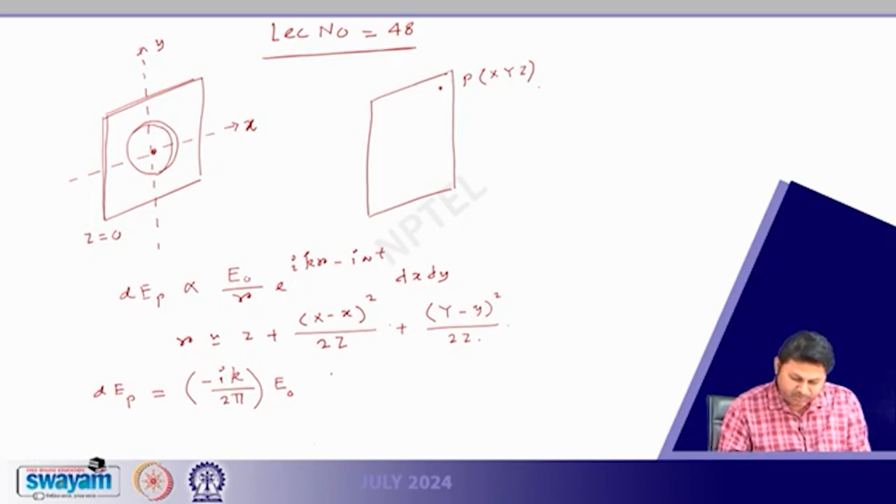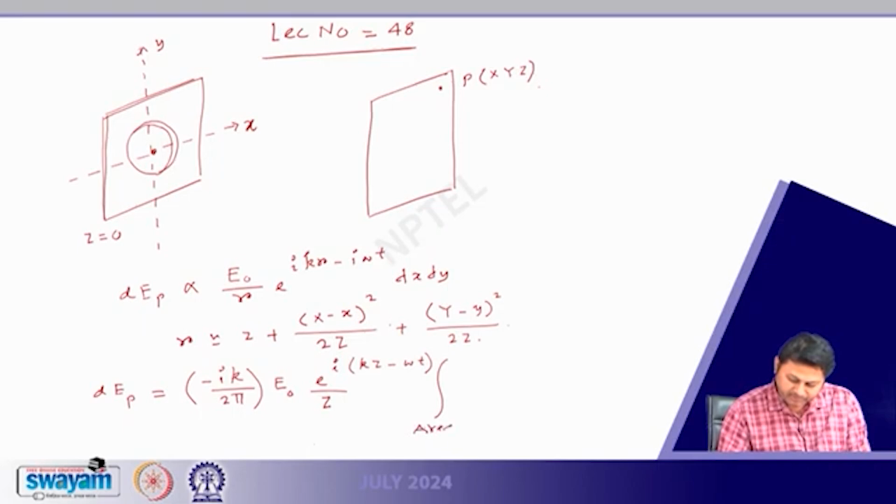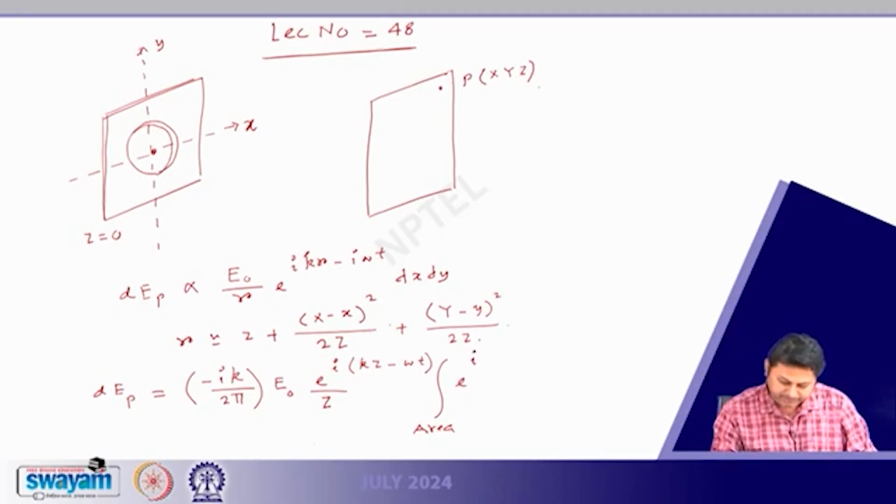Executing all these we get exactly the same calculation that we put forward in the last class, except this omega t term, but it does not matter; even if you omit the omega t term here, it will give you the same thing, and over area, and then we have e to the power of i